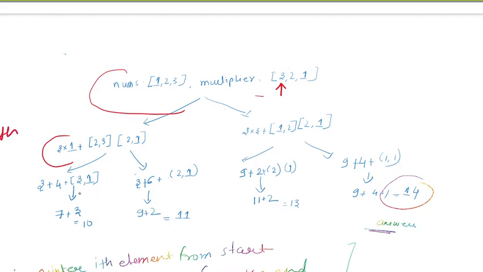Here it's the same, we are picking the first element, that is 2 and 2, multiplying it, and this is the remaining element we have. In the second step we are picking the last element from the nums array and the first element from the multiplier array. We add that product to our result, and this is our remaining array.